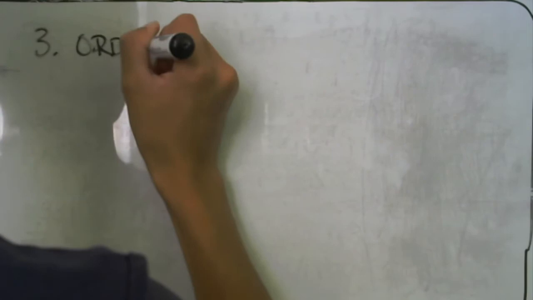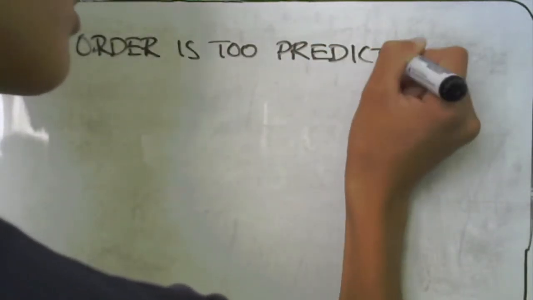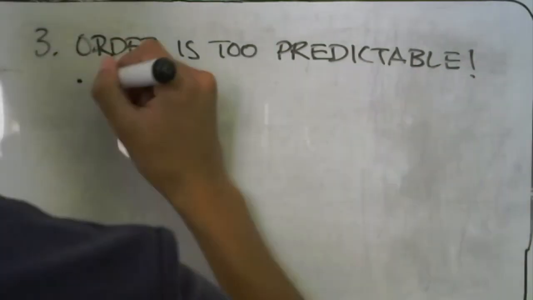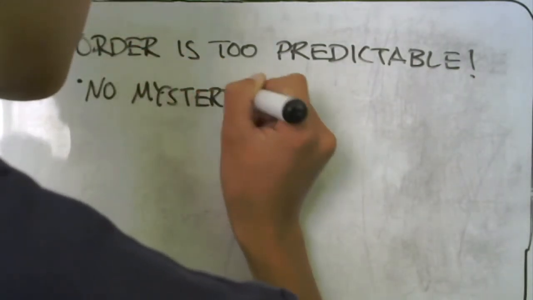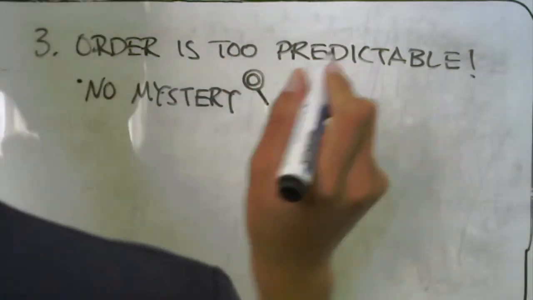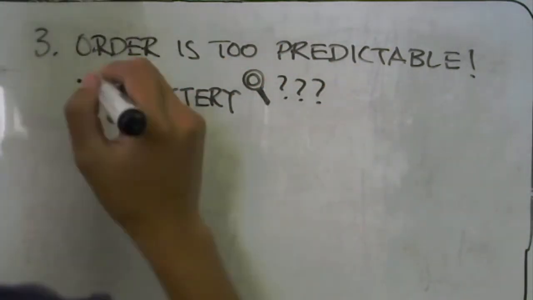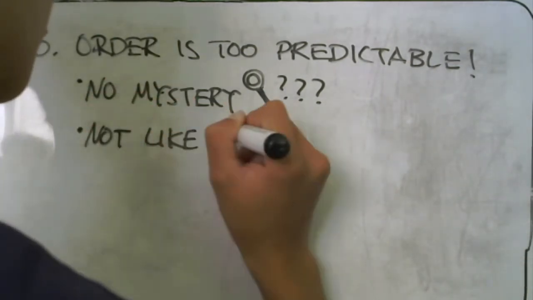Having every cars n is nice and all. We have, in a sense, our own Library of Babel, and we could do things like search for text within it. But there are a few unsatisfying things, like how the order of this list is way too predictable. We know exactly where each word is going to show up. And there's no mystery, not like the real Library of Babel, or a real library, where we don't really know what we're going to find on the next shelf, if it's going to be an old book, a new book,